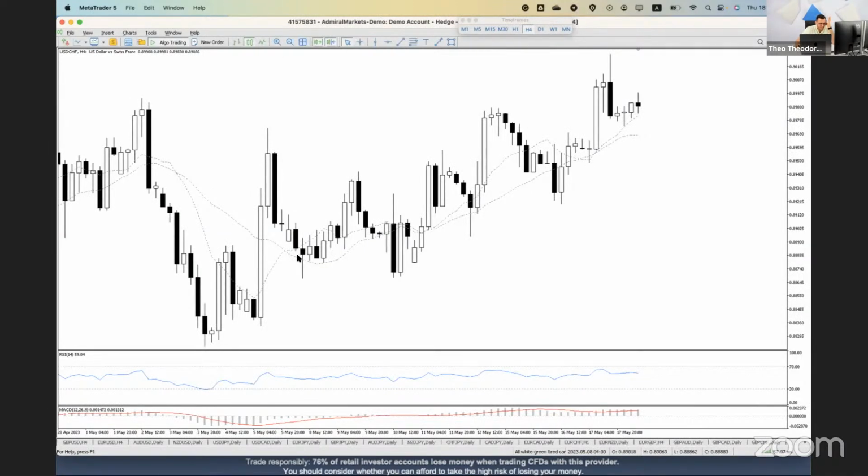Now, Rumen asked about a valid or tentative line on USD. It's going to be either a valid or a tentative trend line. It cannot be at the same time valid and tentative. So if we draw this one, we have 1, 2, 3, 4. That's a tentative trend line so far. If we take this trend line, we have 1, higher high, 2, 3, 4. This one here is a valid trend line because we have 6 points.